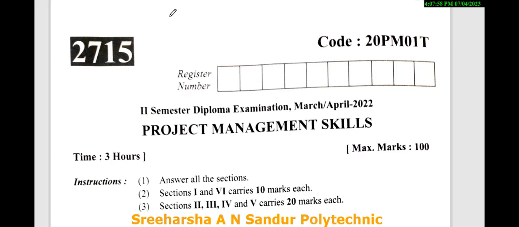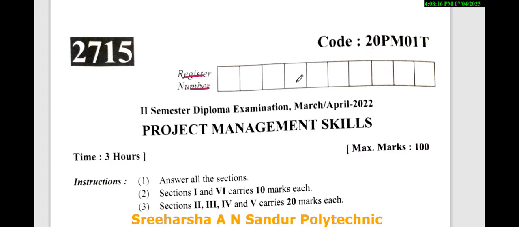So that is what we are going to see, and how the question paper looks. So this is what it is. Once you receive the question paper, this is how it looks. You will have your register number. Once you are given the question paper, you need to immediately write your register number in the box,